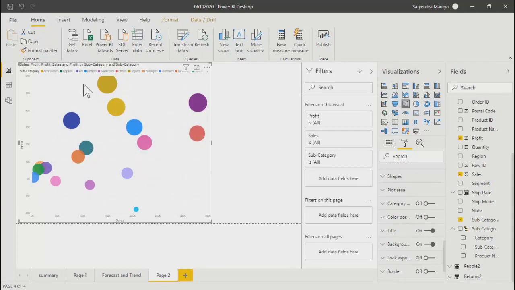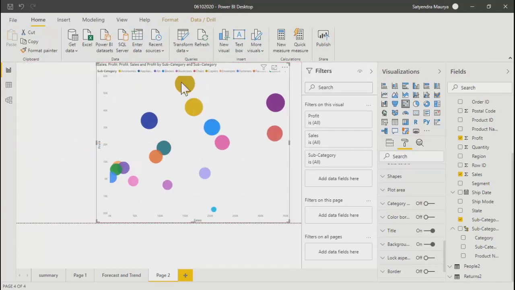So for these few categories, irrespective of the sales, your profit is not exactly in relation, right? What is the relation between two measures we call? When we say, if I increase one, the other is also increasing, and if I decrease one, the other is decreasing, what do we call this relation? Correlation. Right, this is called correlation.